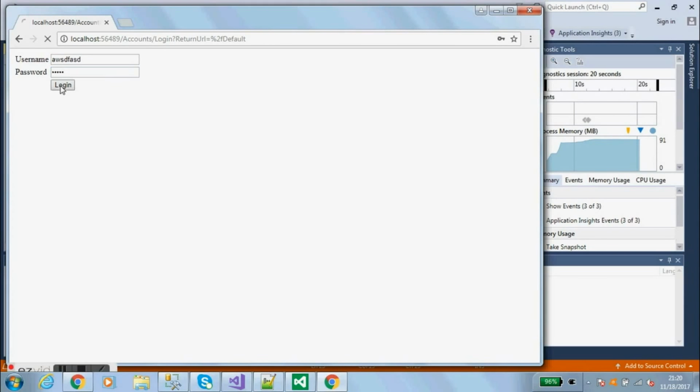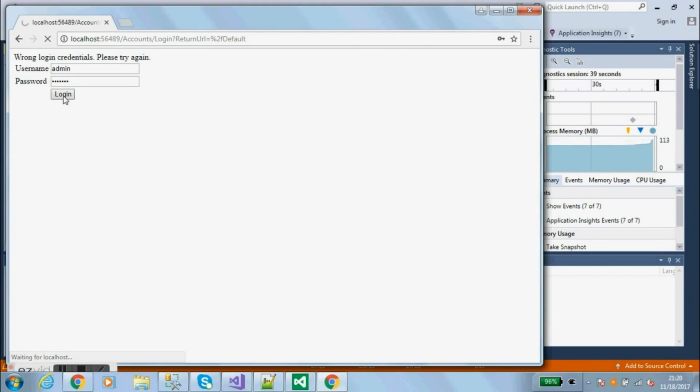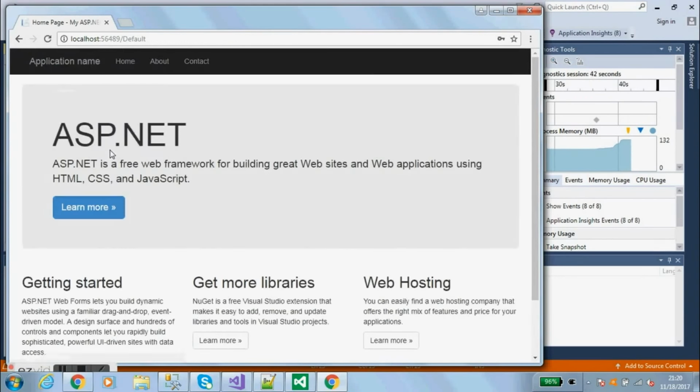Okay, wrong login credentials, please try again. Yes. So that gives us a bit more feedback, so as to notify us what happened. And of course, if we type in the right username and password, it redirects us to the